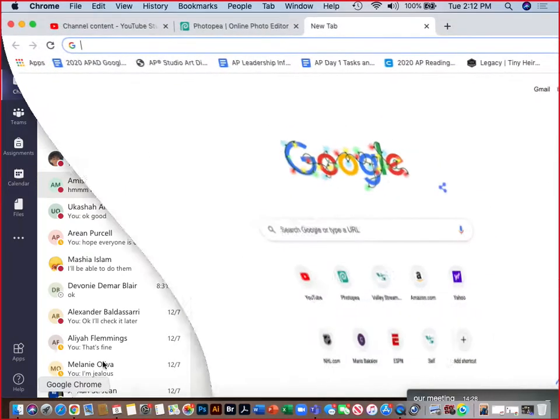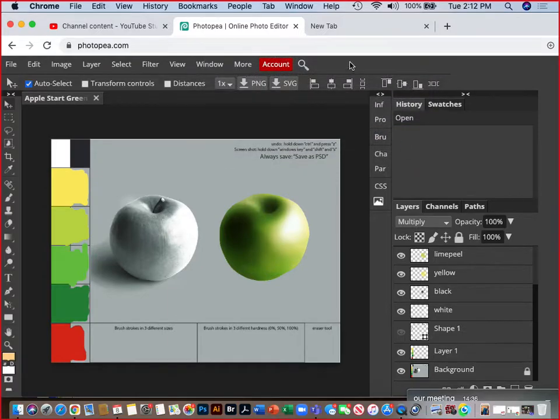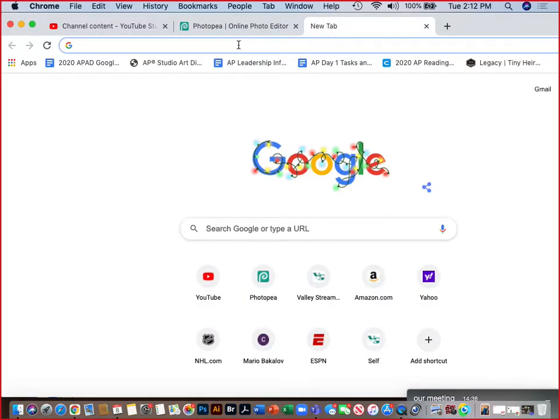So, what I'll show you guys, I have something open already over here, and unfortunately, I'm sorry guys, I don't know what's going on with the internet over here, but it's blocking stuff, so I keep getting error messages. But the website is